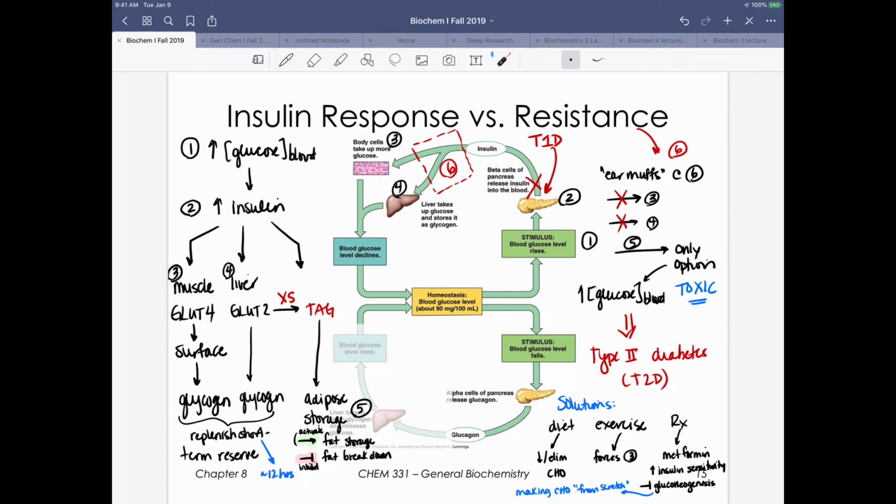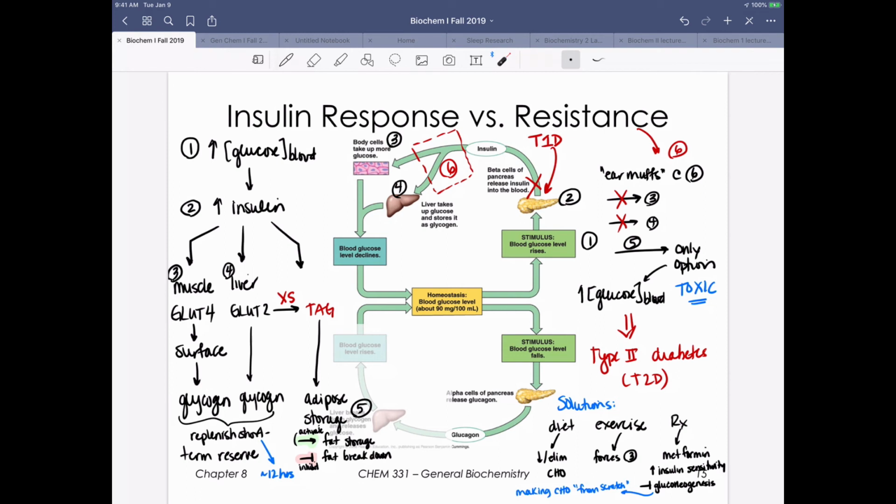We're going to come up here first, and we're going to talk about the muscle's response to an insulin signal. When your muscles get a signal that there is high blood sugar in the form of that insulin, receptors on the cell surface bind to insulin and they circulate a transporter called GLUT4 to the cell surface. So this is really interesting because GLUT4 isn't normally on the surface of your muscle cells. It's only put on the surface of your muscle cells when there's a signal like insulin to bring it to the surface. Once they have that surface receptor there, they're going to bring glucose in and they're going to polymerize